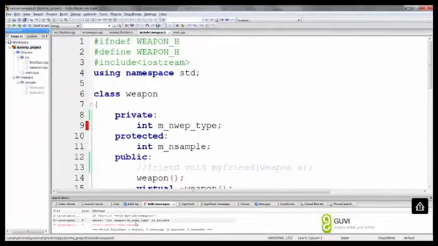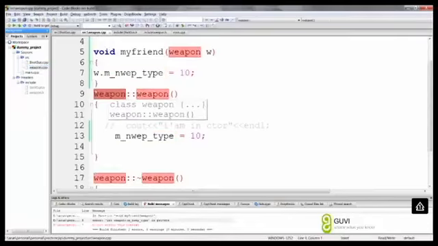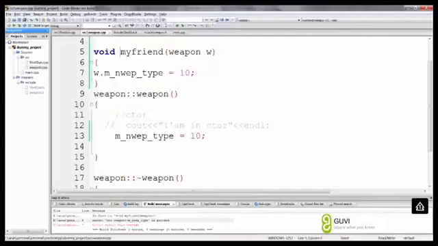And you can see the error, it's showing int m_nWeaponType is private. So this is an external function which is not part of my class. If the function were in the class, it would be seen like this: Weapon::Weapon and defined. Here none of that is done, which means it is an external function. So now if you want to access it,